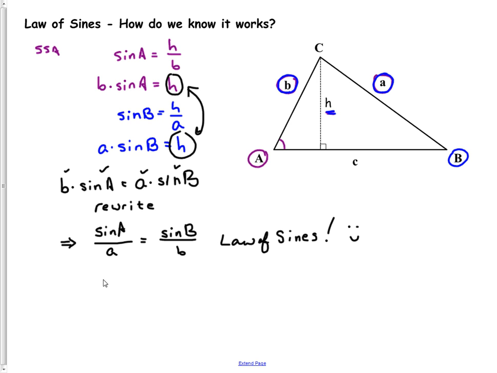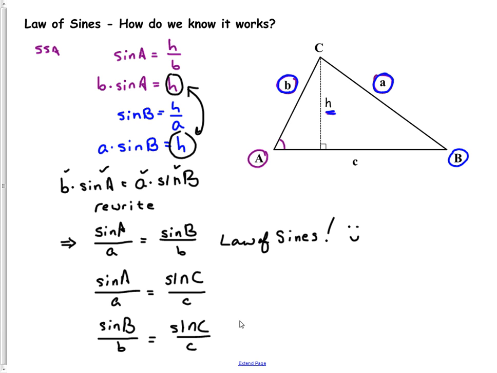Sine of angle A divided by opposite side A would be the same as the sine of angle C divided by its opposite side C. Or we might find that the sine of angle B divided by its opposite side B would be equal to the sine of C divided by its opposite side C. Or we could do all kinds of funky things right here, but essentially when we combine these all together,